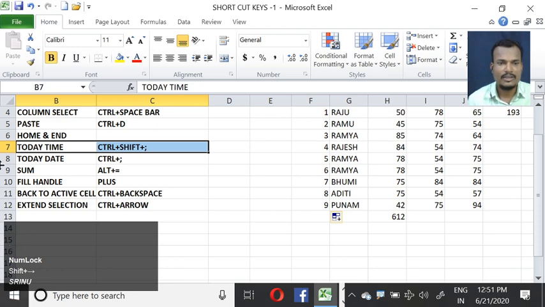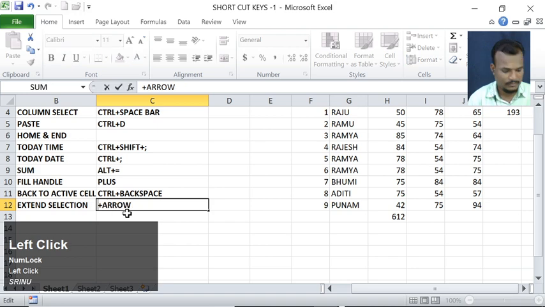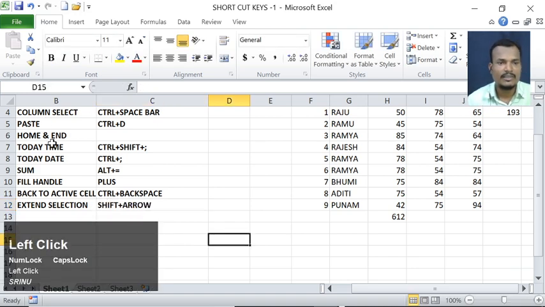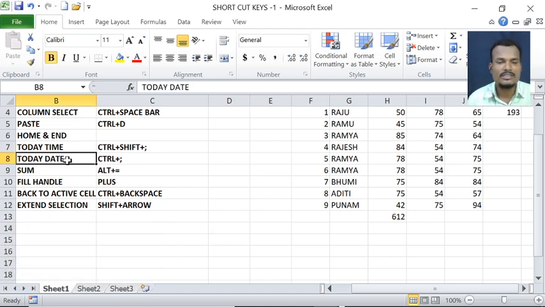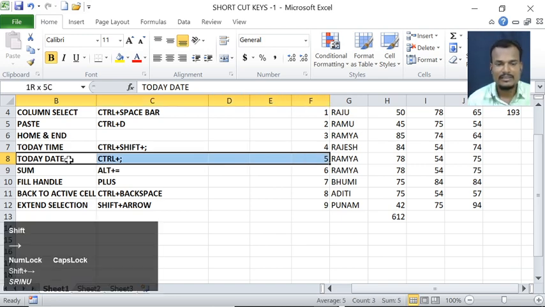Sorry, this one is Shift, not Control. Shift button. Keep the cursor here. If you want to select towards the right side, press the Shift button and the right arrow. If you want to select downside, Shift and the down arrow.